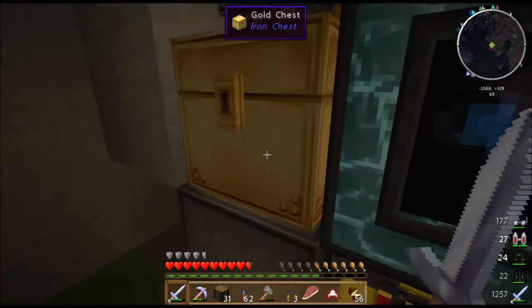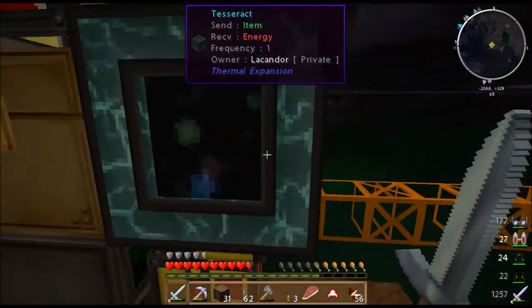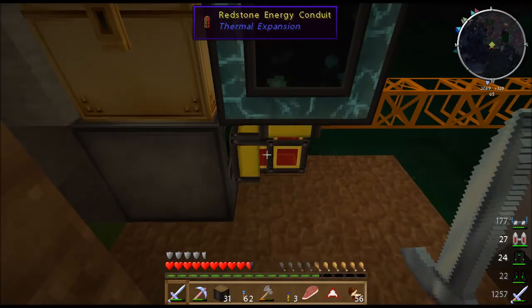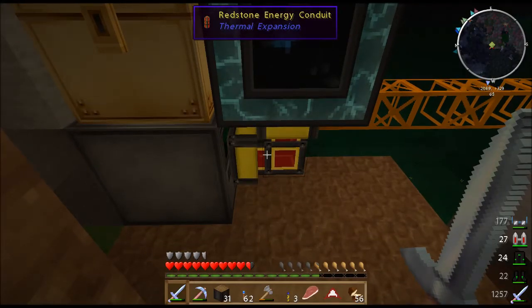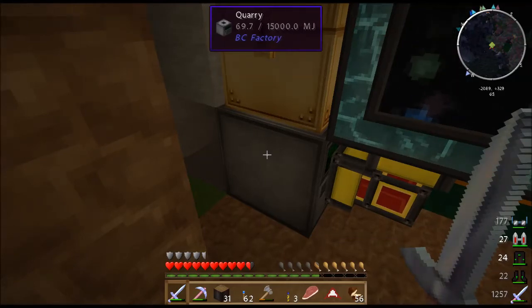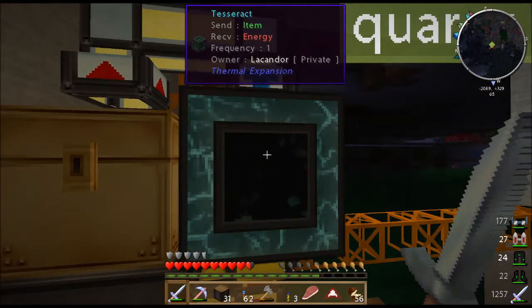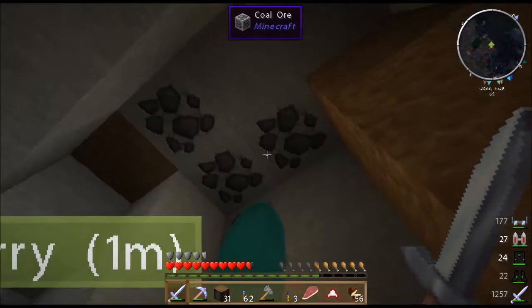All right. Now the Quarry uses MJs and not RF, so I can't put the tesseract right next to it. And so I put down the redstone energy conduit because the conduits automatically convert RF to MJ, and it's 10 RF for every MJ. So you can see I'm getting, I honestly don't know. This redstone energy conduit will transfer 1,000, and I'm not sure how much a tesseract can transfer now. It used to be 100 MJs, I think. So I don't know if it does 1,000 RF or not, but